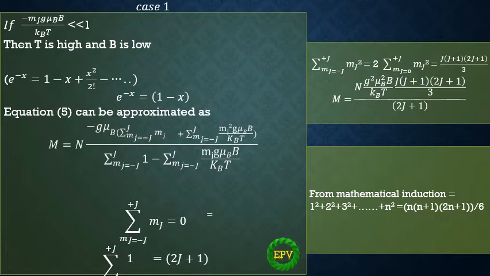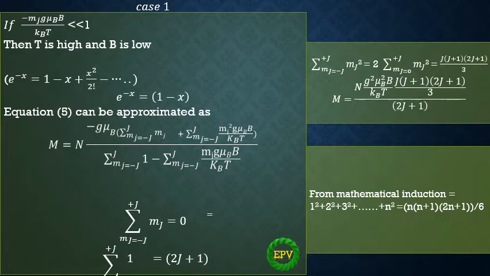Here one doubt will arise, that is, how the parameter 2 arrives. We change the summation from J equal to 0 to plus J. In this situation, we can put the value of 2 here, and the summation over J will start from J equal to 0 to plus J. Then we get 2 into these values. In this 2 into this value, we can divide 2 by 2 and 6. We get the result as this. The result is written here.